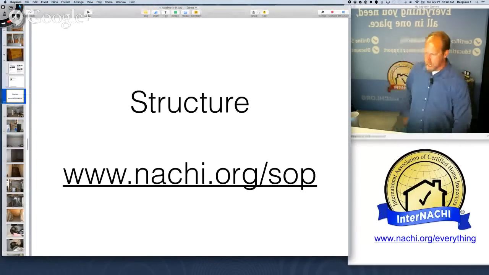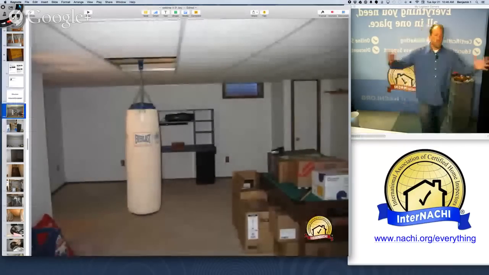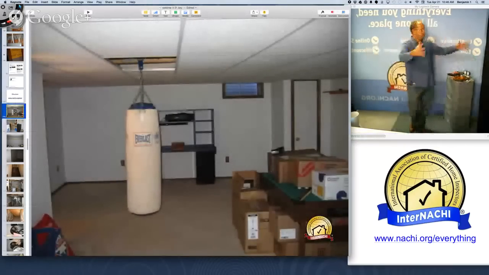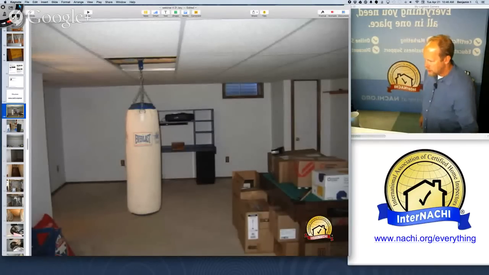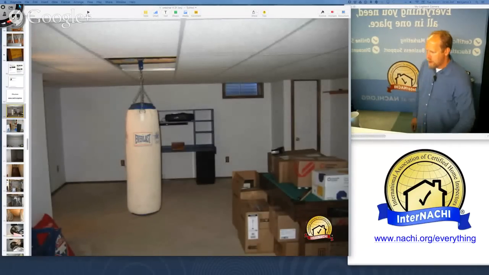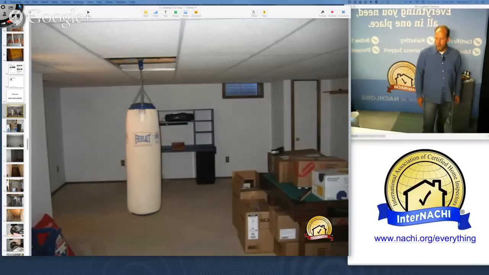And structure is next. I take very large pictures of the system. I take pictures of every plane of the roof, every field, every plane of the roof. And then also I take pictures of,